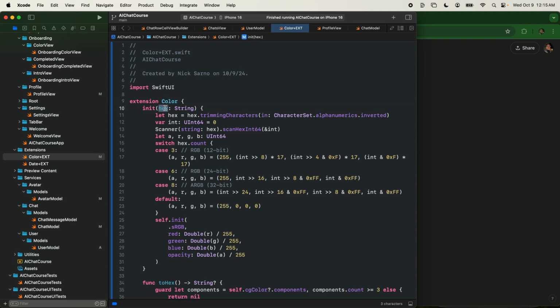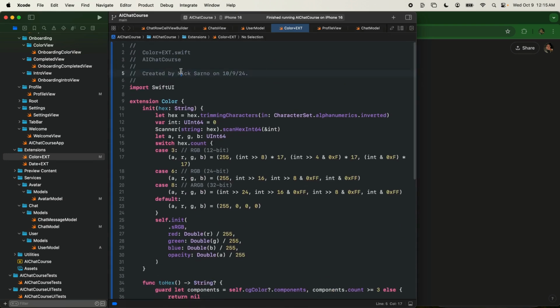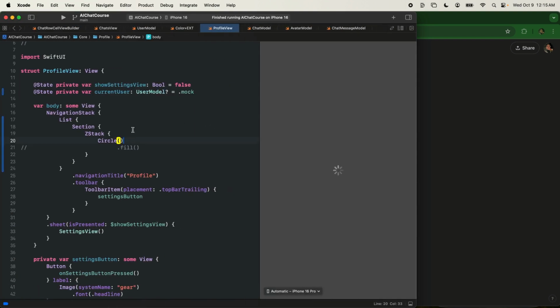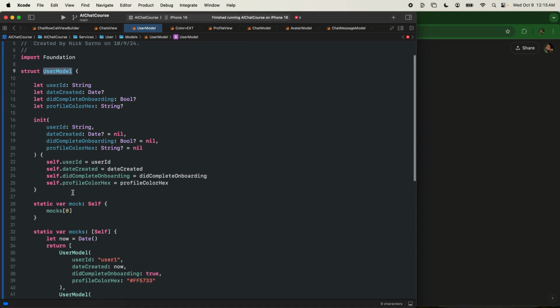Now we should be able to initialize the color from a hex string. That was so simple, and to hex makes it optional. That's fine, we'll leave it as is. Let's go back to the profile view. Or sorry, actually now let's go into our user model and let's create a calculated variable to convert this to